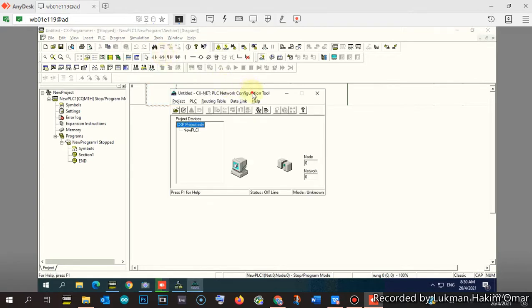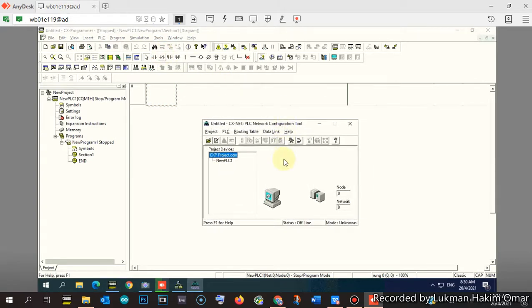Now for the PLC's CQM1H, there is no CX-Integrator, because this CQM1H model is actually an old model, so it is not supported by CX-Integrator, so it uses CX-Net.